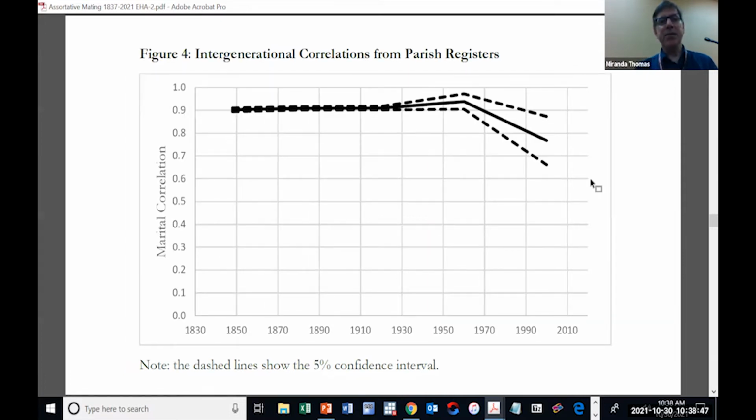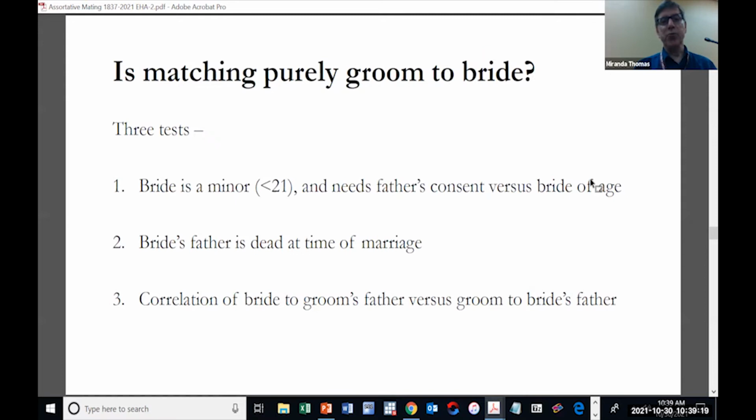And then here's the intergenerational correlations, and these even seem to be too high somehow. And one possible thing that's driving them up is that the fathers are measured at the same time in terms of occupational status. The son is measured 30 years later. Those correlations are going down over time. And so it's possible that that is actually driving up the father correlation relative to the son, to the father-in-law. So those may be biased upwards a bit. But again, as I say, they imply very little social mobility.